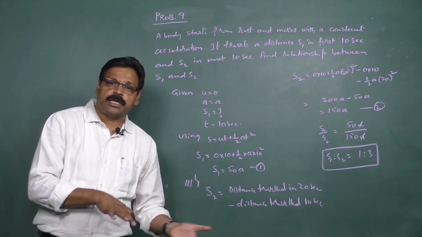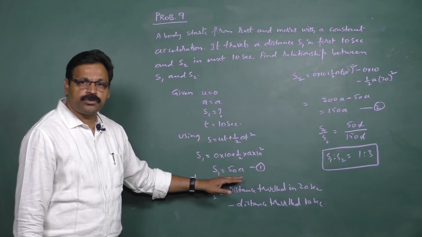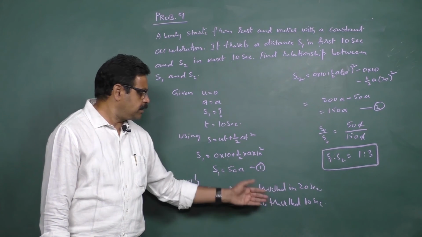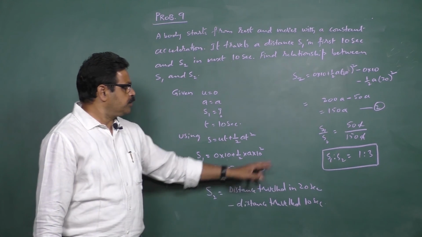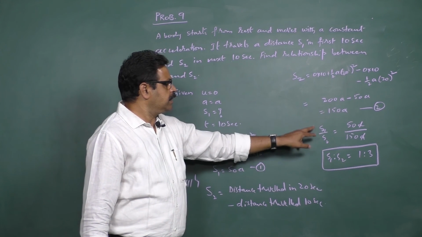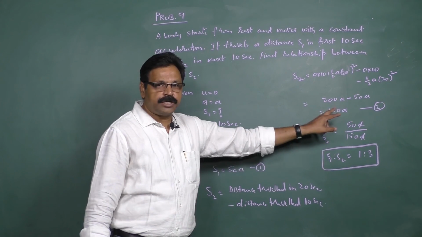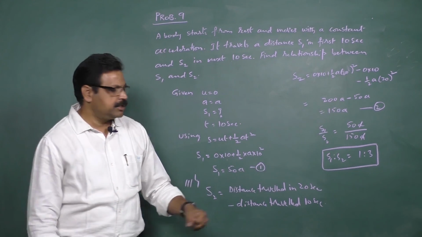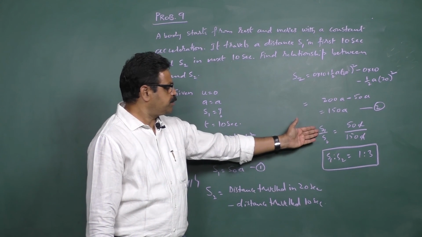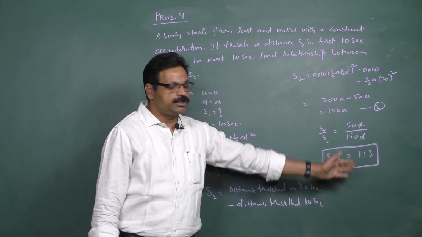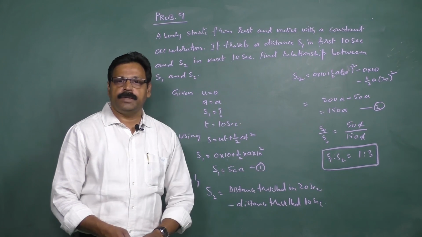Then to calculate how much it has traveled in the next 10 seconds, we will take the total distance traveled in 20 seconds minus the distance traveled in first 10 seconds. Substituting the values over here, I am getting it as 150a. So this is the distance traveled in next 10 seconds. Since he is asking the relationship, take the ratio dividing 1 with 2. S1 by S2 I am getting. So S1 S2 relation is going to be 1:3. So this is how the problem can be solved.